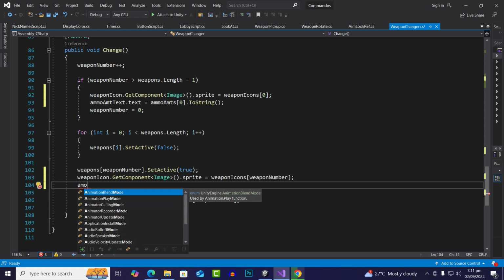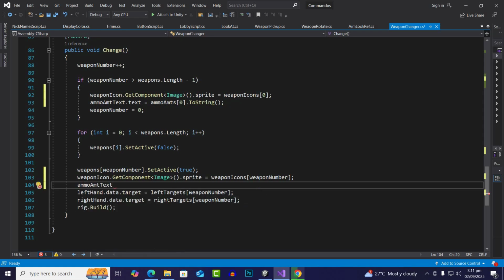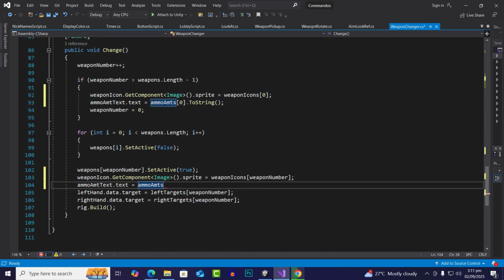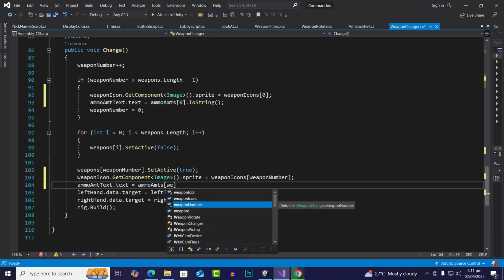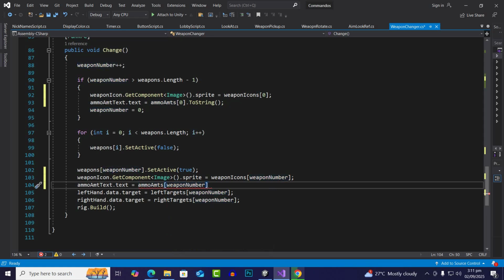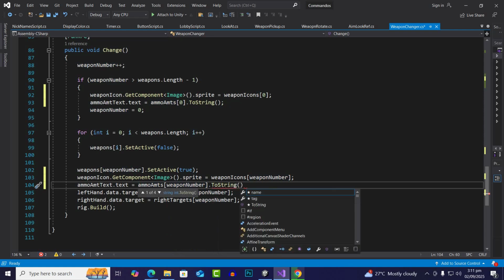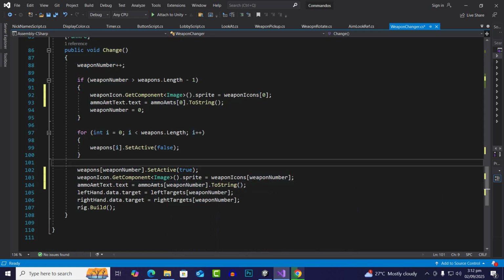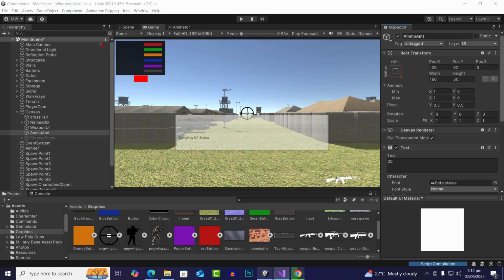Then here we can just say ammo amount text dot text is equal to ammo amounts, and then weapon number. Then definitely we will convert it to string, like this. So now I think we can test it out, save everything, go to Unity,